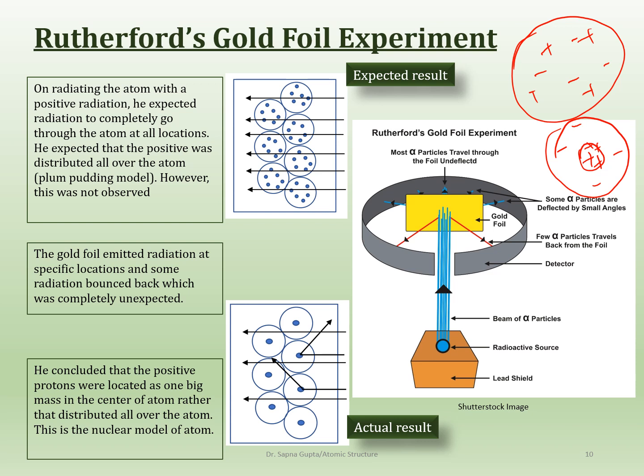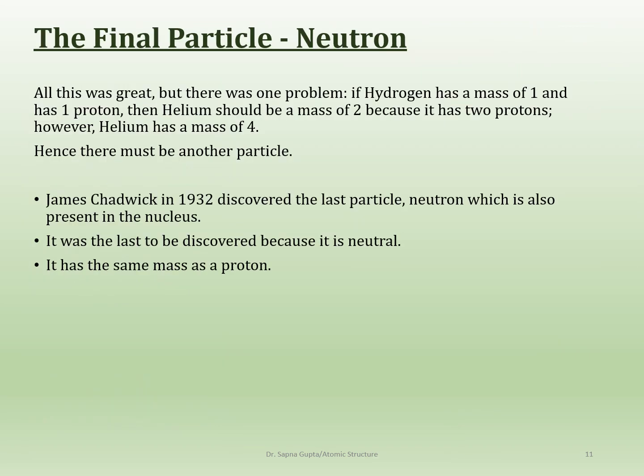So once that is done, then you have two particles, right? So you have the protons and now you have the electrons. The last particle to be discovered was the neutron, and neutron actually has no charge, and so that's a really hard one to discover, because how do you study something that doesn't have any charge with limited instrumentation? Okay, limited, because we're talking more than 100 years ago. All right, so there's not that much instrumentation going on.